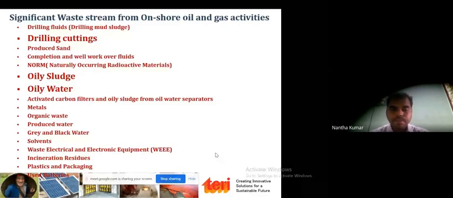Here I would like to mention the different treatment methods available for oily sludge, oily water, or oil-contaminated soil. Like the pyrolysis process we have already discussed, the oily sludge, which is a semi-solid material, can be treated through either a physical process or a biological process. The biological process we will discuss in great detail.